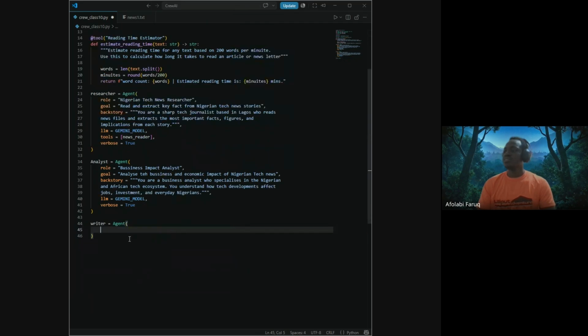Okay, so the next agent you're writing here is the writer. So for the last agent, business impact analysis, here we have analyzed the business and economic impact of Nigerian tech news. So there's the backstory, the LLM, the variables, right? So the next one is going to be the writer. So also write the role is going to be